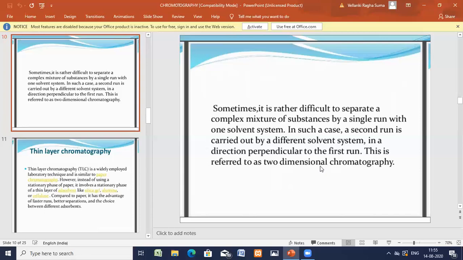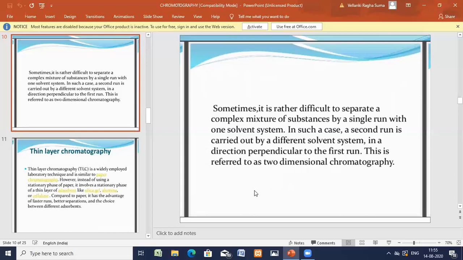Now the solvents, the choice of solvents is also important. The choice of solvents is empirical and it is dependent on the mixture under investigation. The solvent should be chosen so that the RF values of the components are widely different. The pH of the solvent is always important in separation. Okay. So the basic experimental procedures I have told you.